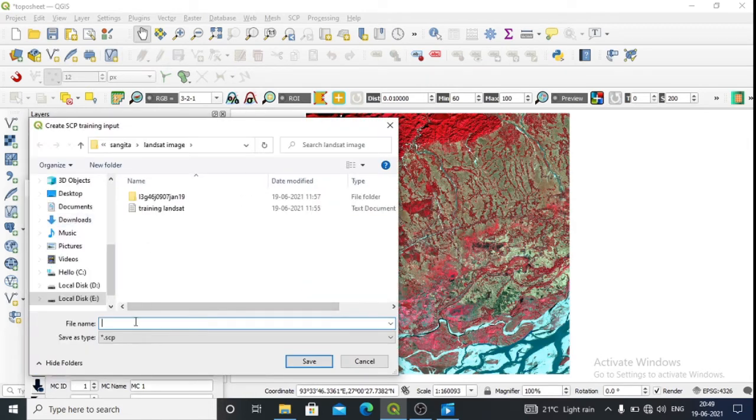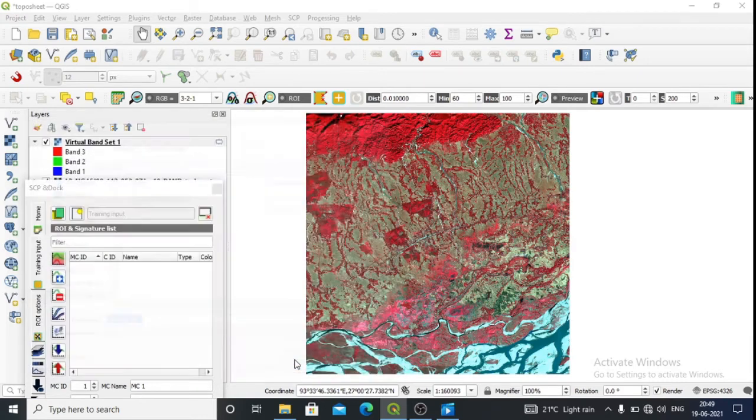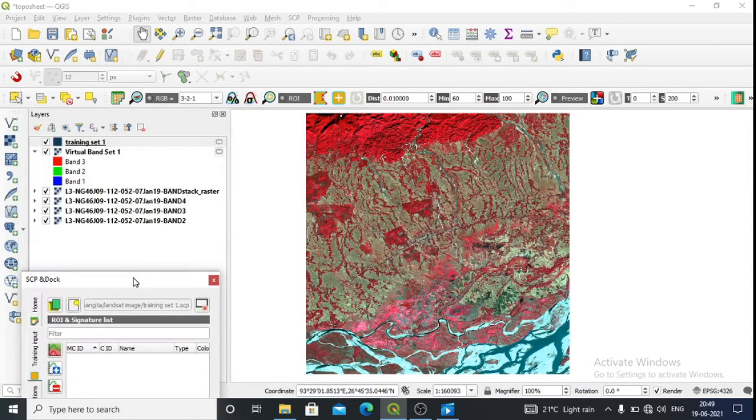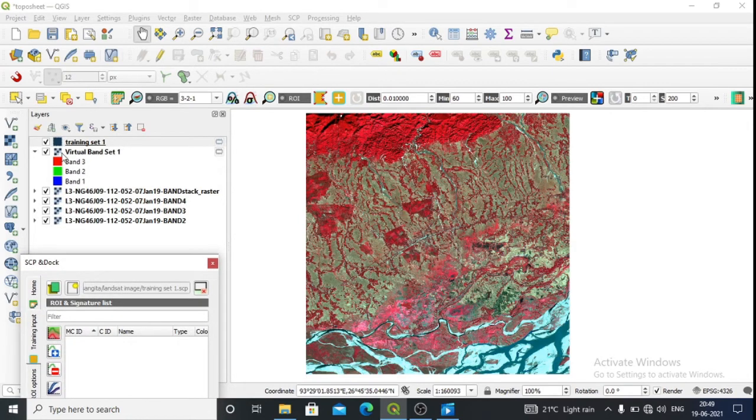Suppose let me name it as training center, training center 1. In which folder am I saving it? In the Landsat image folder. Then save it. This is the 3 to 1 band, then I'll just bring it upward. Then you unselect all of these, not this 3 band that you have, 2, 3 and 4.